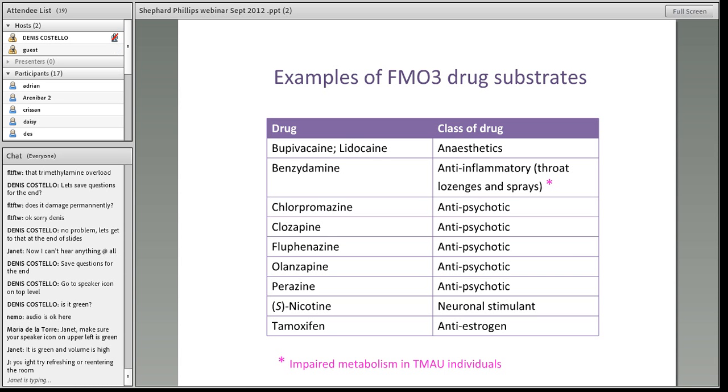Now, before I talk to you a little bit more about FMOs and drug metabolism, I was asked to mention cytochrome P450 monooxygenases, or CYPs. There's another favorite family of proteins that we've worked on. They're a very important family of proteins because, like the FMO proteins, they also help to metabolize drugs. And you can see they are also monooxygenases, so they also add an atom of oxygen onto a substrate,